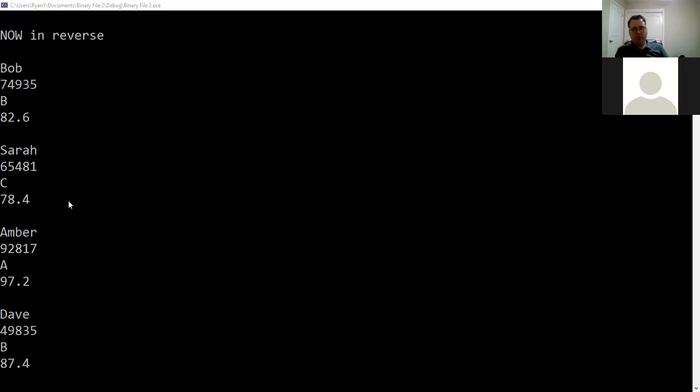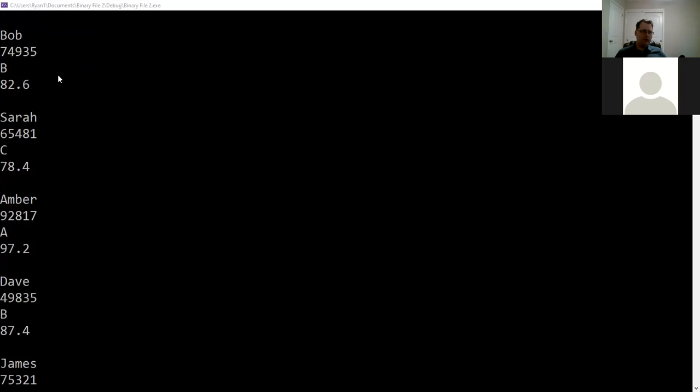But the way in which we reverse them in this case was really through the binary file. So we first built the hard-coded nodes, wrote them in order with that first loop to the binary file. But then in the second loop, the key was that we seeked to the right spot on each loop iteration and only grab that. So again, on the first loop iteration, you notice that we're getting the Bob node here. But remember what we did was in that call to seekg, we said the value of that i variable, which we started at 4,